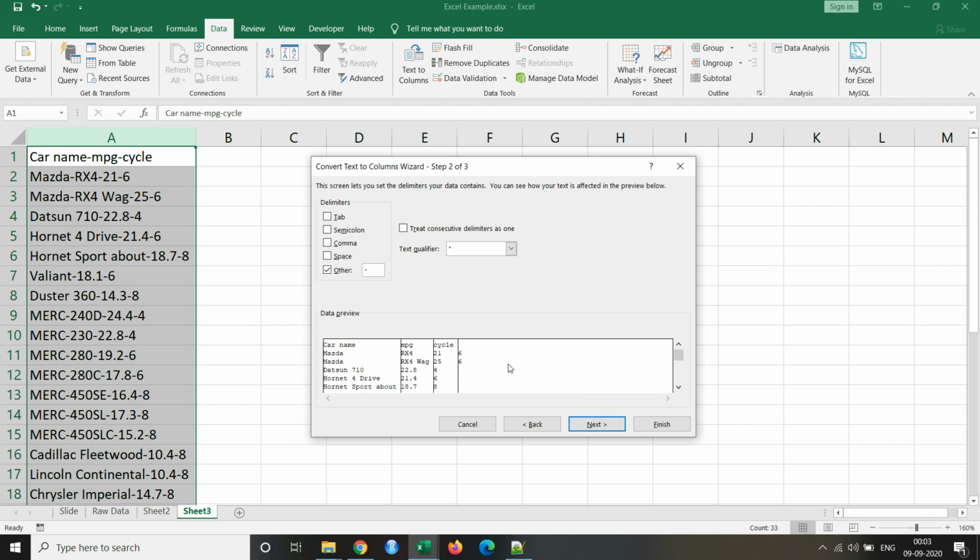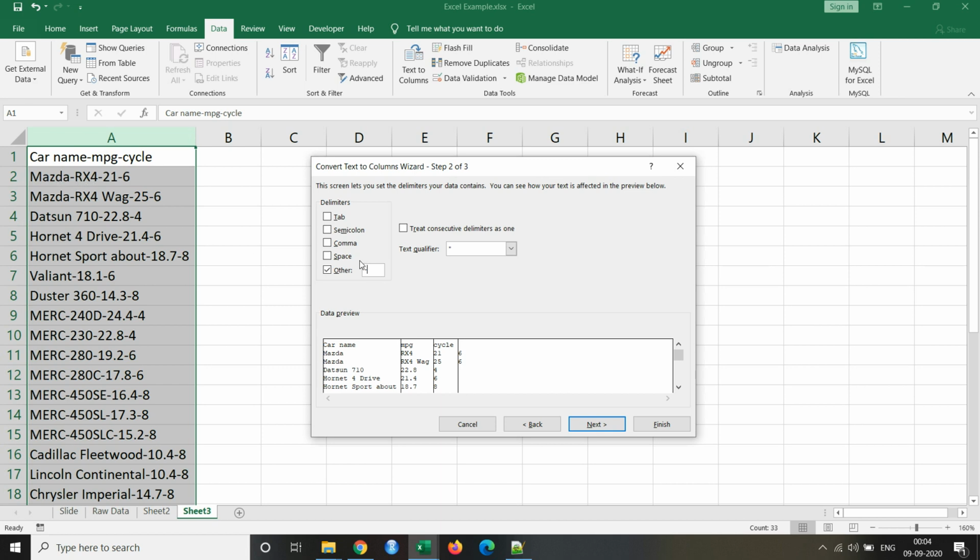Now in this data preview section you will see a line which shows how your data is getting segregated. I can see here in row 2 Mazda-RX4-21-6. Based on my understanding, this 6 is cycle, this 21 is MPG, and this entire Mazda RX4 is the car name.